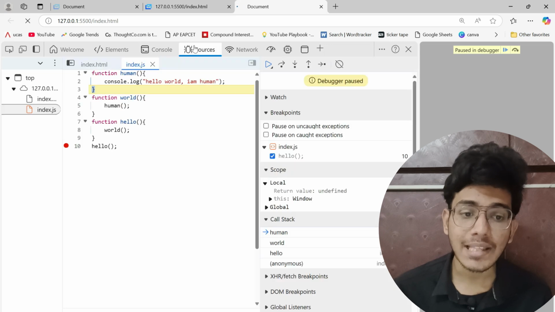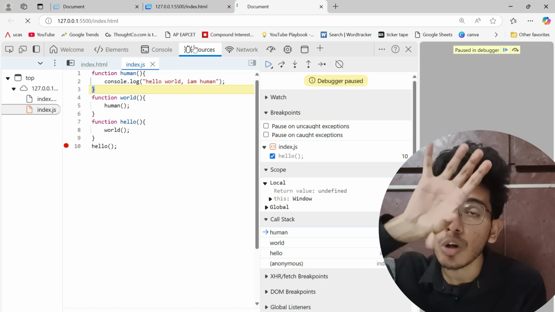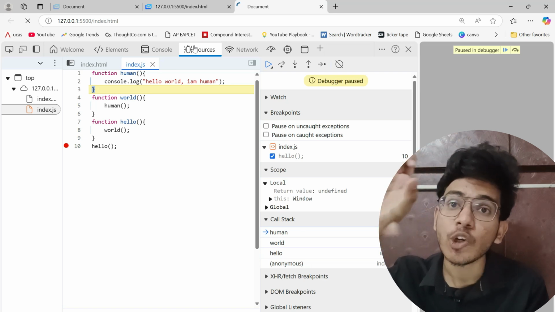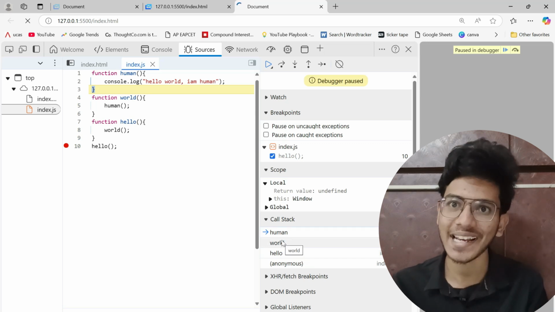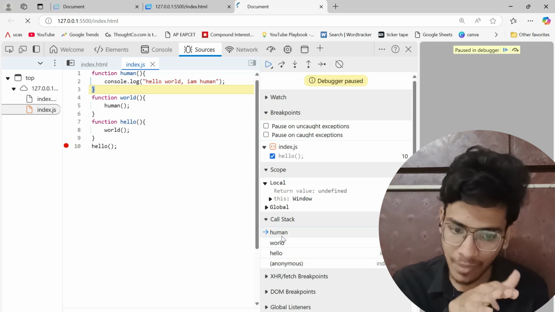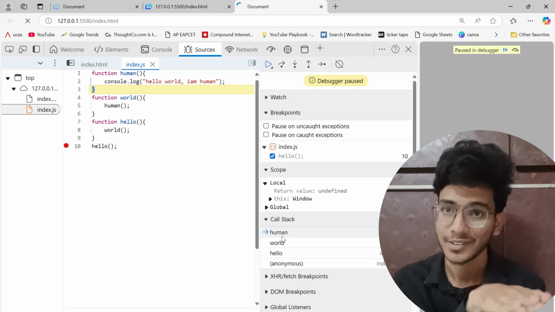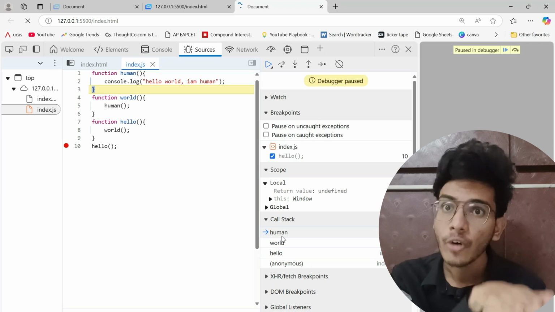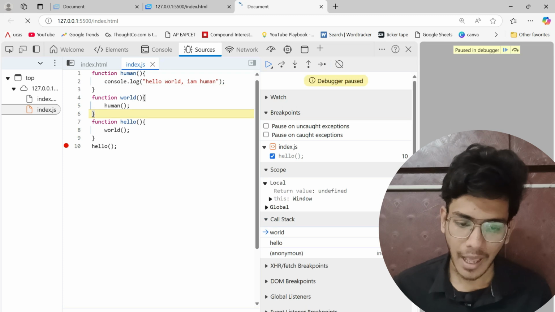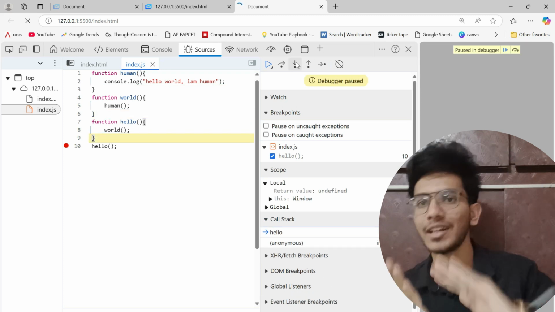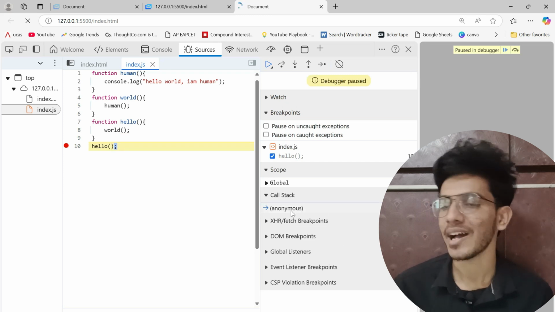Now after printing hello world, the control flow will come from human back to world. You can see, observe the call stack. Everything is related to the call stack here. Now I am in my hello world. The whole control is in human. Okay, sorry, human. Now from human, the next step would be the control will go back to world, and after that the control will go back to hello. After that the control will go back to anonymous,